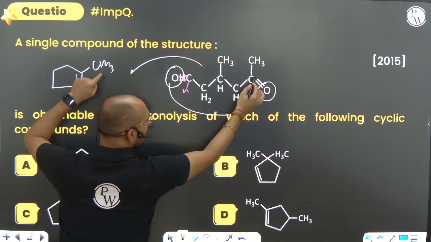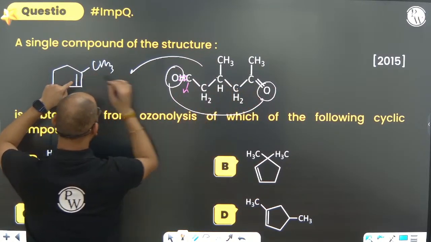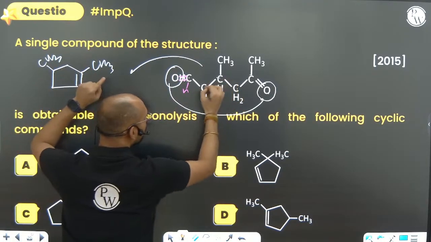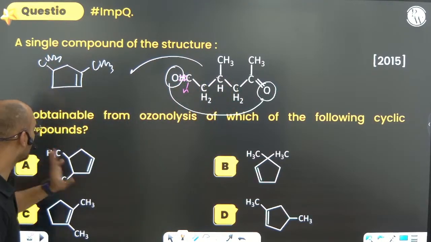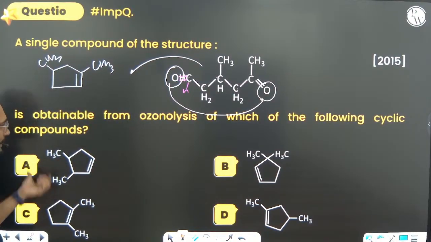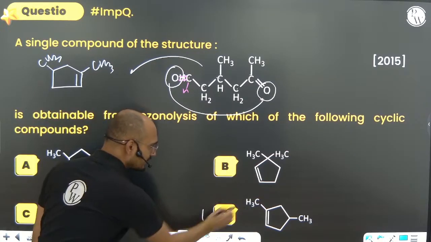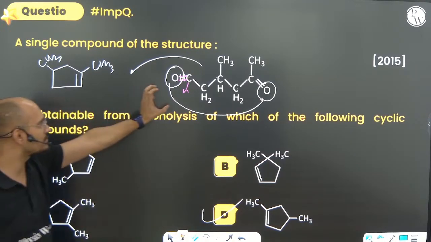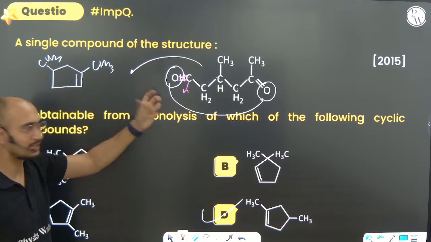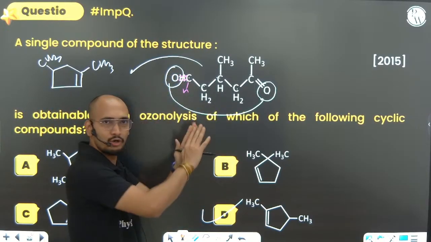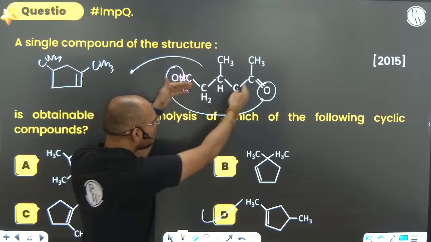Yes, okay. Another is going to be 1 2 3. After 3, 1 2 3. Here there is going to be one methyl, and then 4 5, nothing else. So this is the whole thing that you have to see. Where is this? Can you see it anywhere? Can you see this? Yes, option D is the correct option. What did I say? Always remember, if the initial reactant is asked, then wherever you have O, double bond O part, match the double bond O, remove the O, that is, add the double bond.